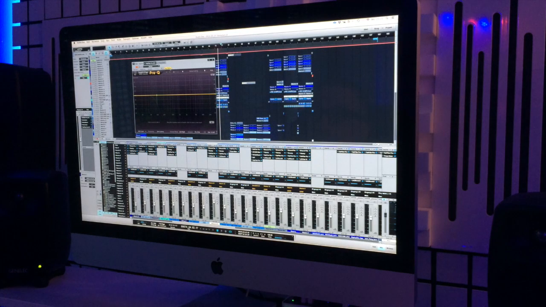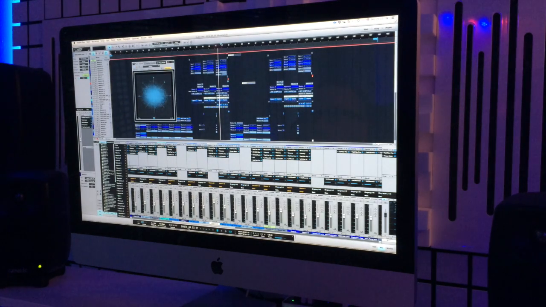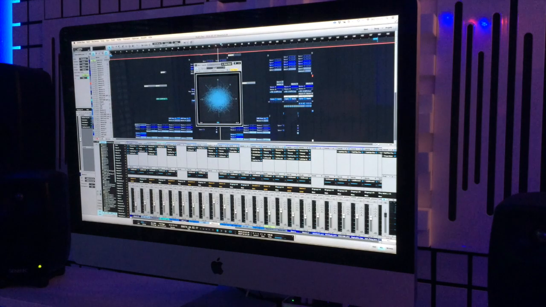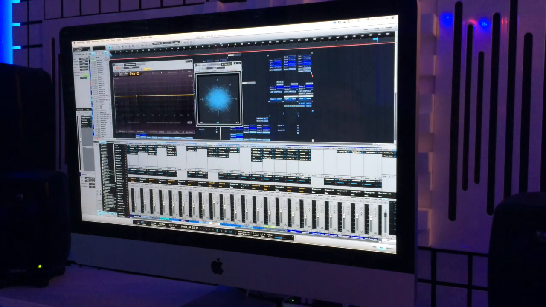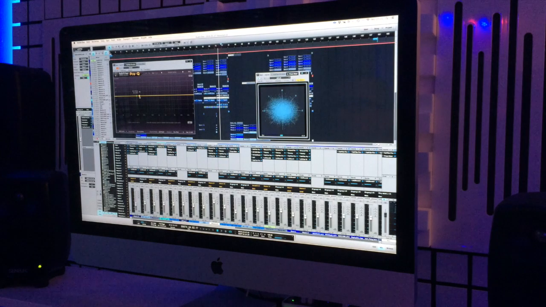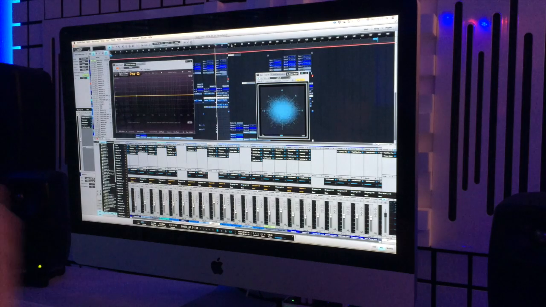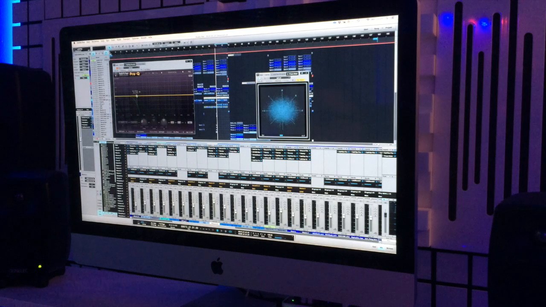What I do a couple of times is I choose this phase meter, taking a low cut EQ, because you want everything below 100 Hertz in mono. In the mastering, you do everything below 100 Hertz in mono. And why is that? Because it's the bass sound and it needs to be straight in the middle and straight in your face. So what I'm doing a couple of times is I low cut my master channel,